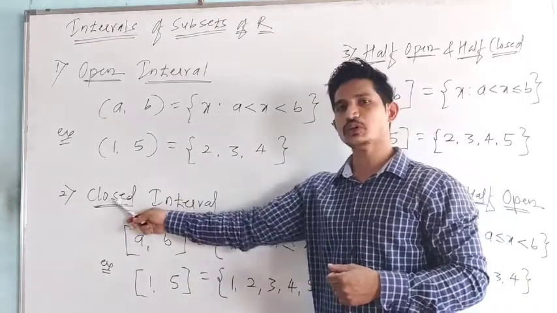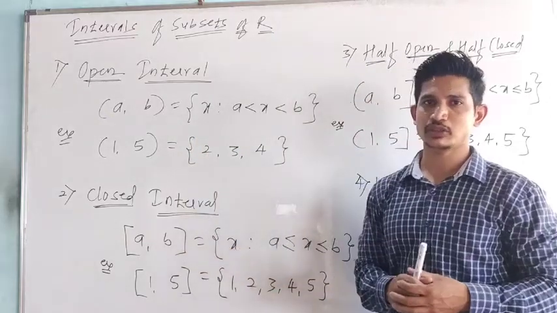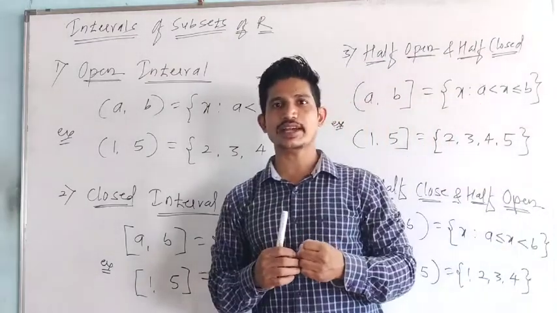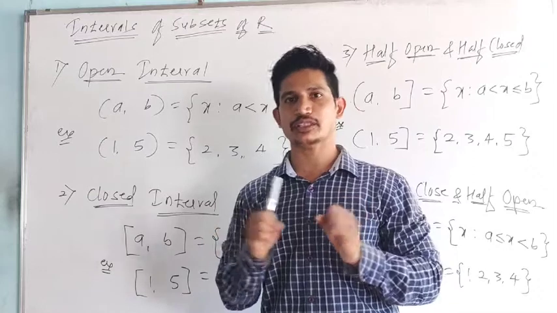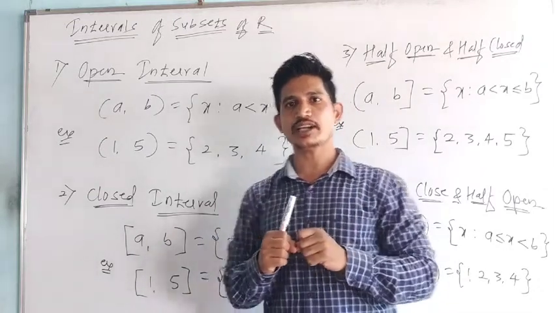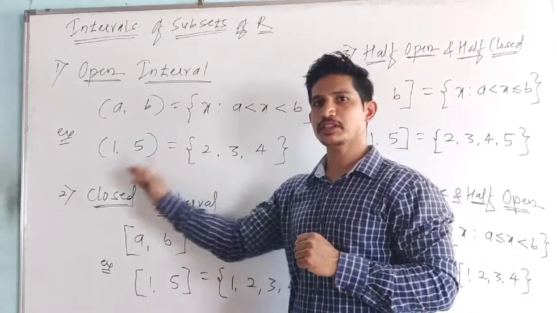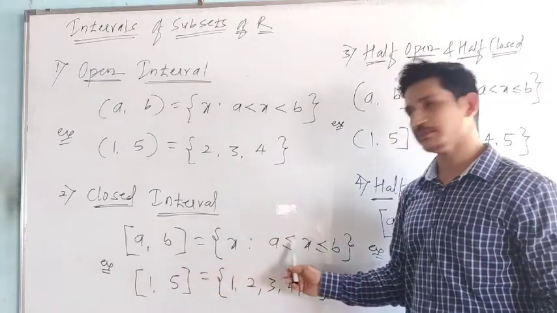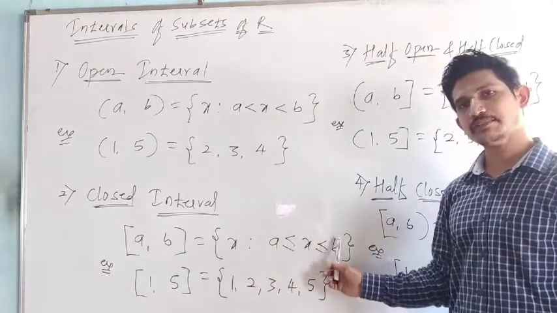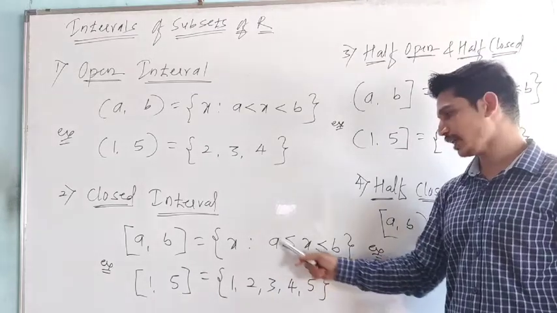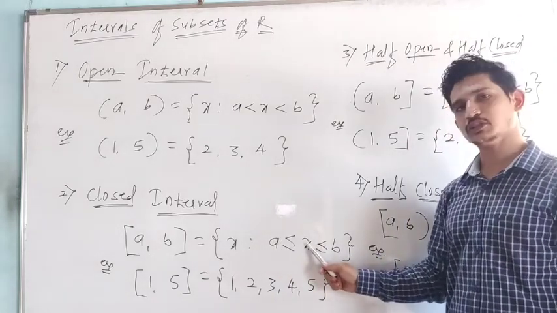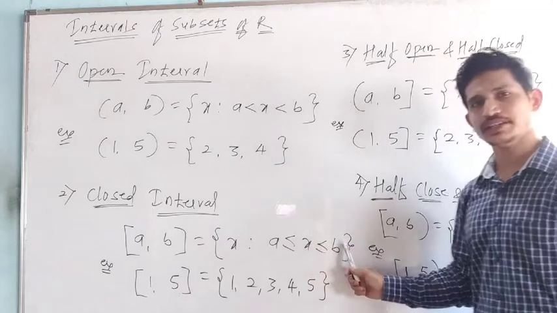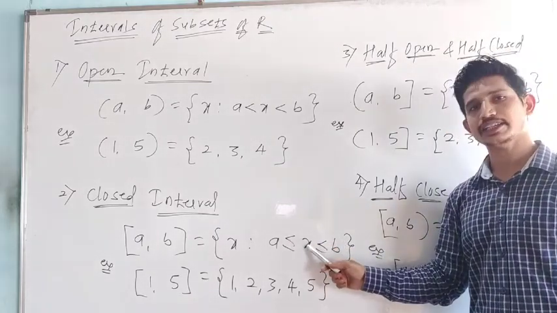Now what is called a closed interval? The second one is the closed interval. Open interval is over; now let's see the closed interval. In the closed interval we are taking boundary points also and the points in between also. In short, we are taking all the numbers including the boundary points. See here, A and B are there. X is a number in between A and B, and A also and B also. A is equal to X also and B is equal to X also. Means A also we are taking and B also we are taking, and all the numbers between A and B.